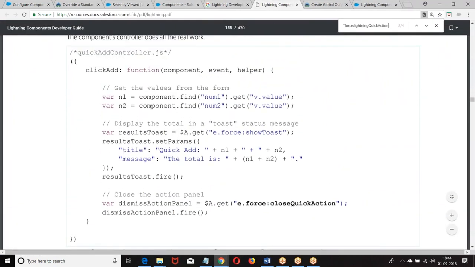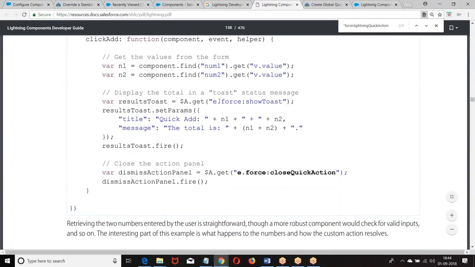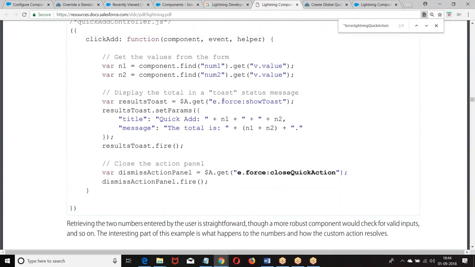Look at this. What do we have here? E stands for event, standard events. Tell me one location where we have used this E. In what type of event handling? Application level event handling, where we gave E colon event name. So E colon force colon event name, and E colon C, as we have given.